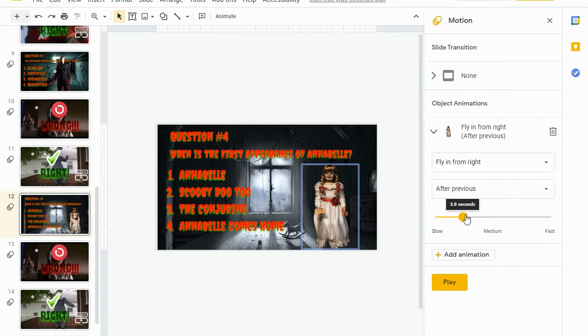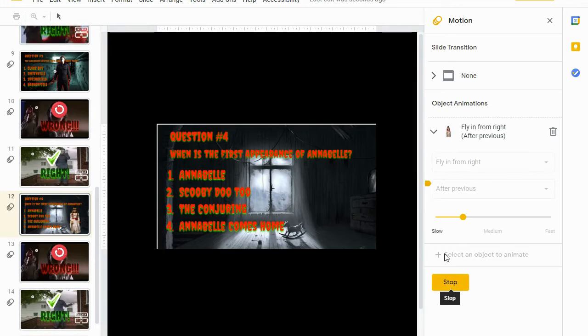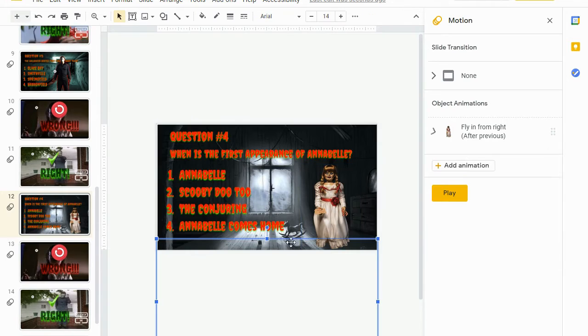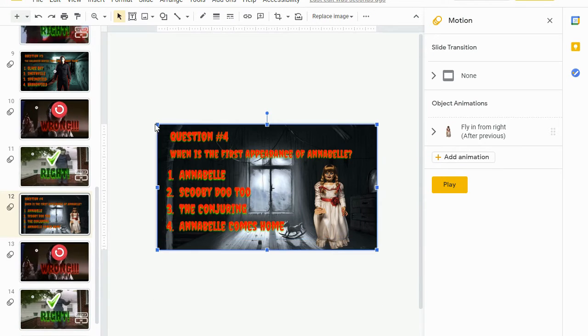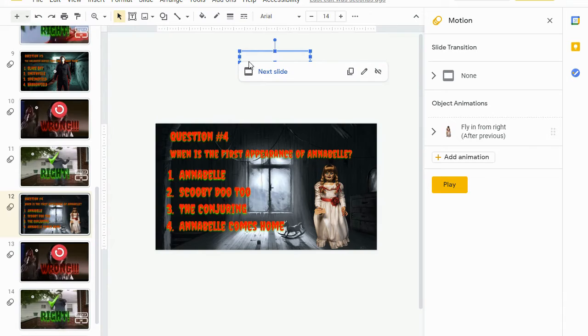Bring her in nice and slow. Looks like this isn't quite big enough, so let's just stretch that out. There we go. Okay, now I'm going to put my buttons back in,